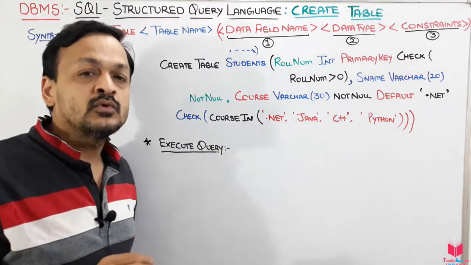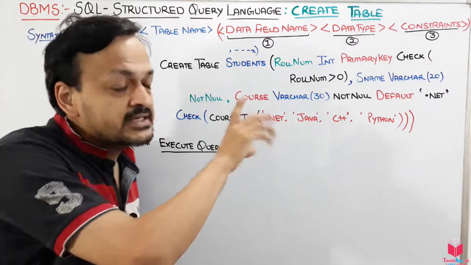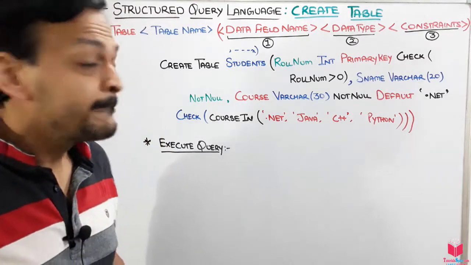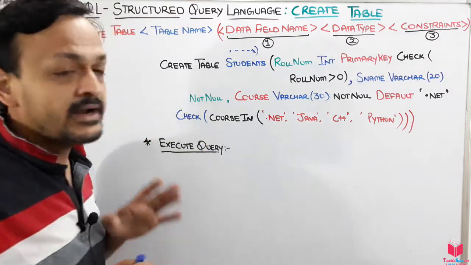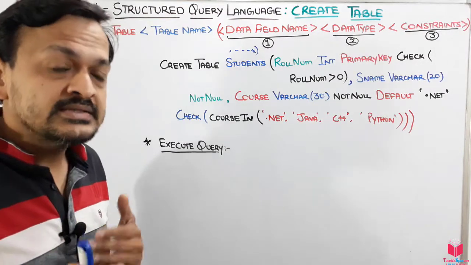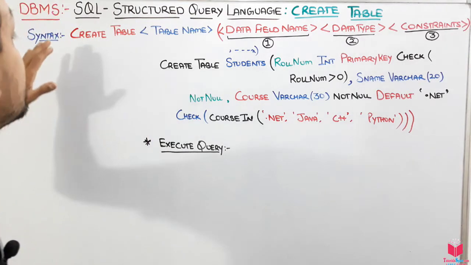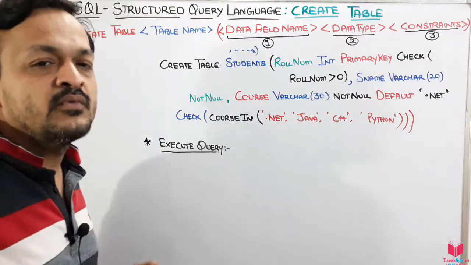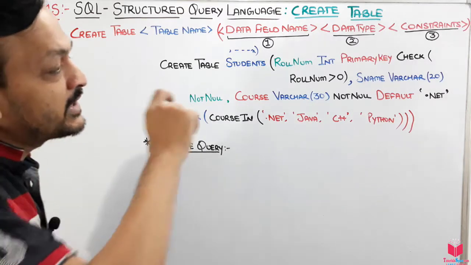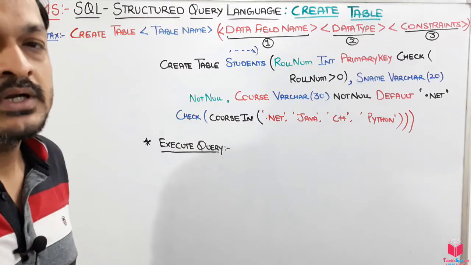After that, what do we have to do? We have to click the execute query button, where it will check the syntax and everything whatever you have written. If it finds that you have done everything the right way, it will tell you that the query is executed successfully. Clear? This is basically how we can create a table. In this way we can create many tables in a database, but the syntax should be correct.